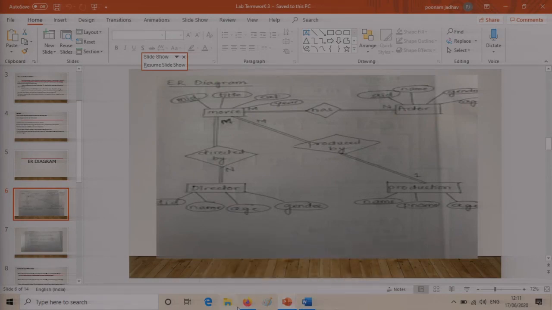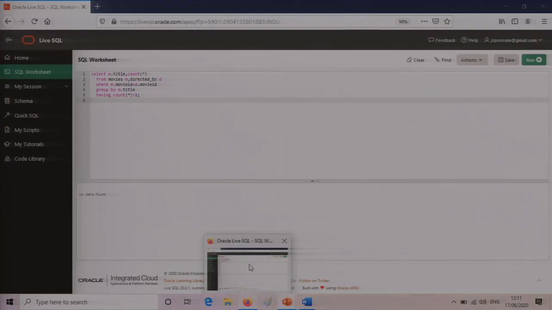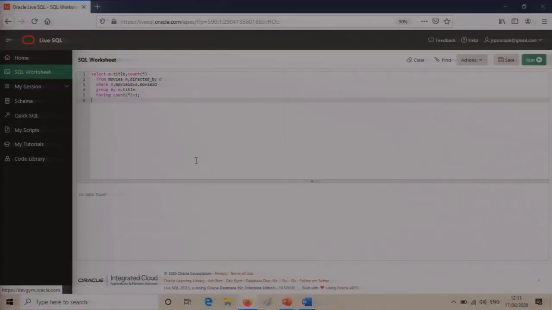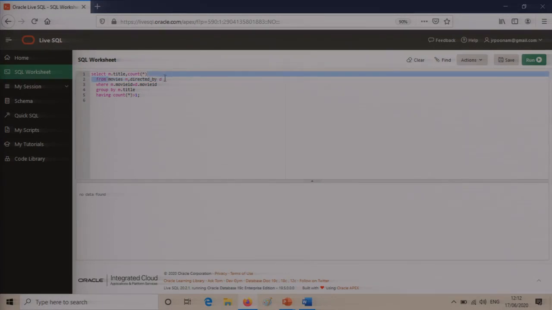So let me take you back. You can see here there are two tables being talked about, the movie table and the directed by table, which is the relationship table.